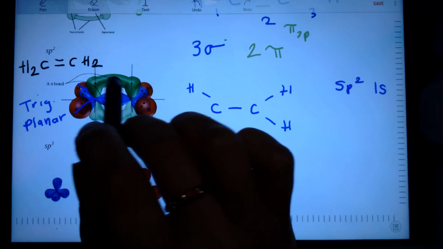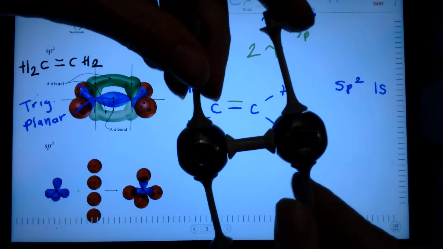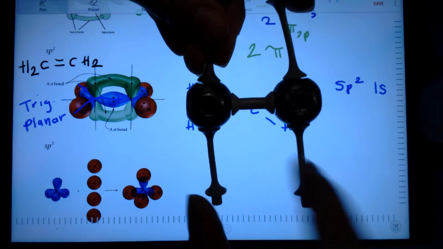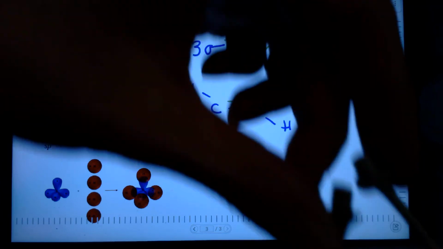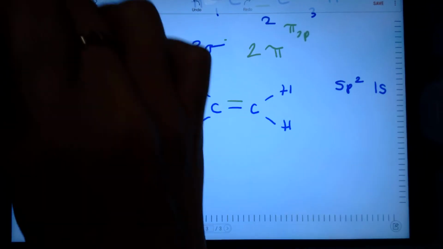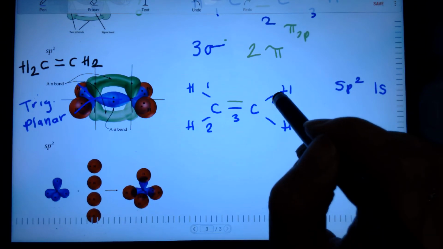But then we see this green here, that is our pi bond. So we would draw that here with green, that's our double bond. So here we have overlap above. If I get my molecule back, that's exactly what we see here. Between the carbon, we have this, and then we have the green overlapping above and below to form the pi bond perpendicular. So if we count up what we have for bonding, we have 1, 2, 3, 4, 5